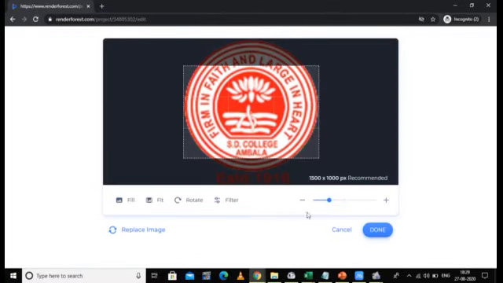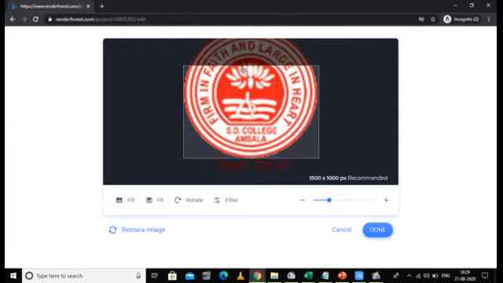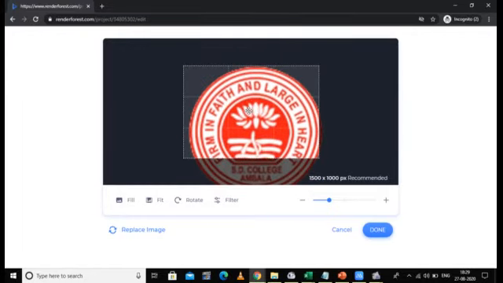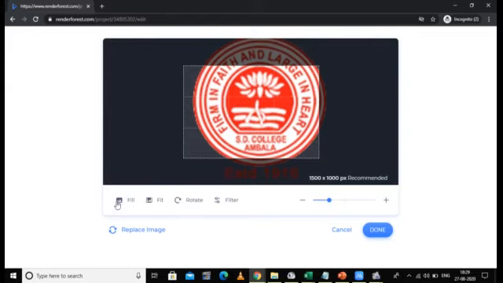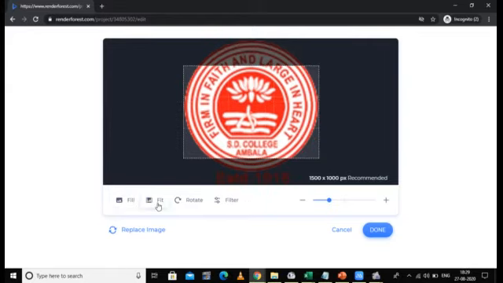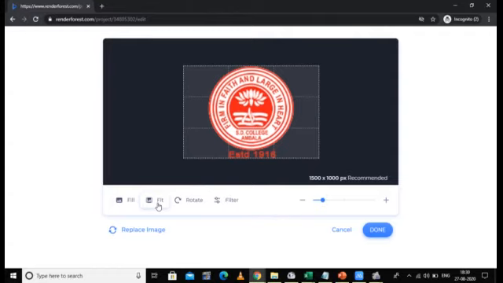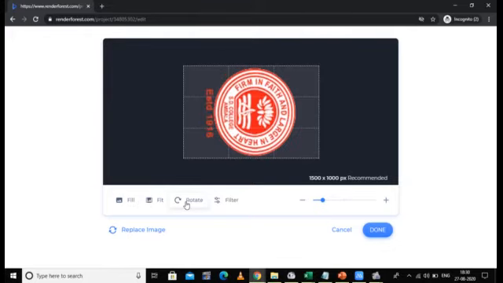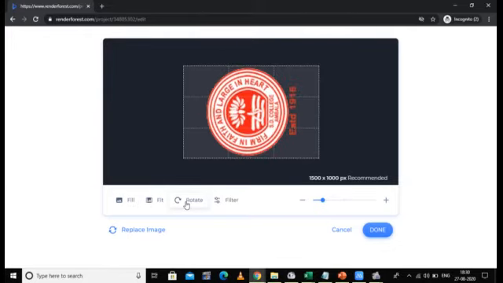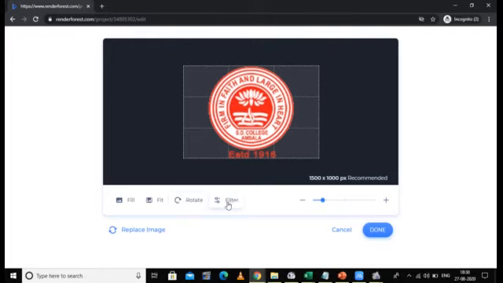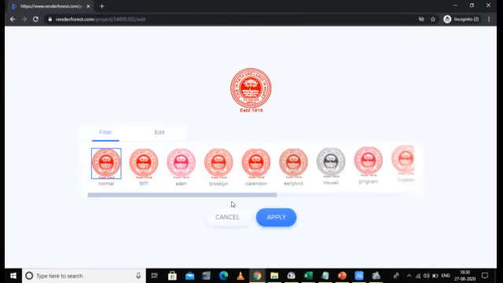But now my logo is getting cut, right? So you have four options. You can use fill, you can use the fit option. By using the fit option, my logo properly fits inside the window. The next option is rotation. If you want to rotate your image, you can rotate it as you like. And the last option is filter. If you need any type of filter, you can have it.